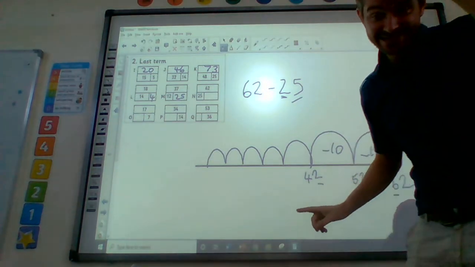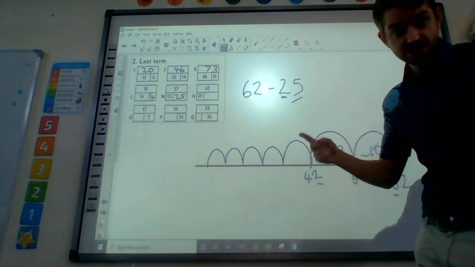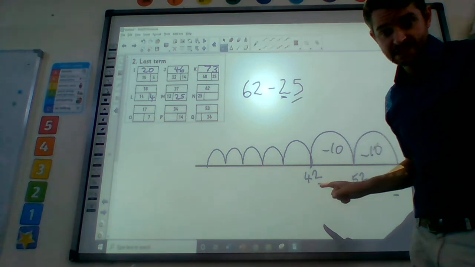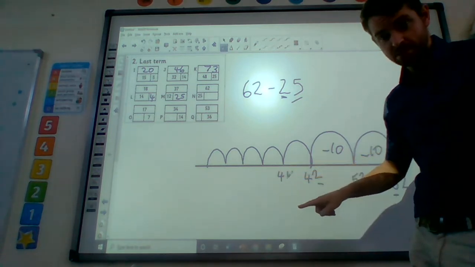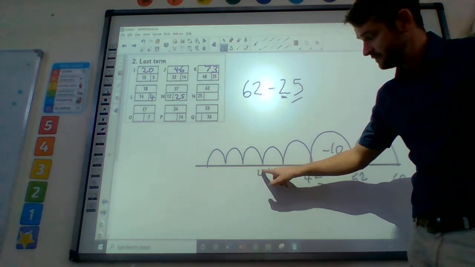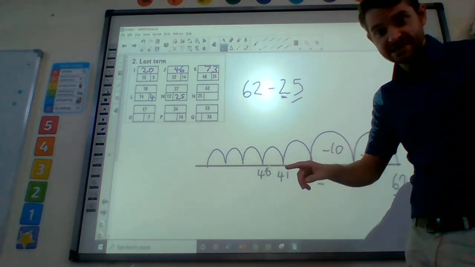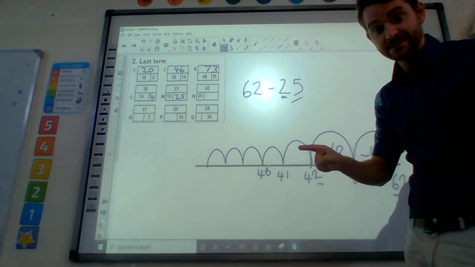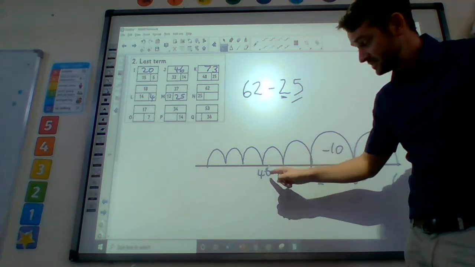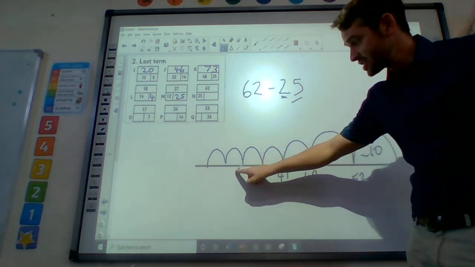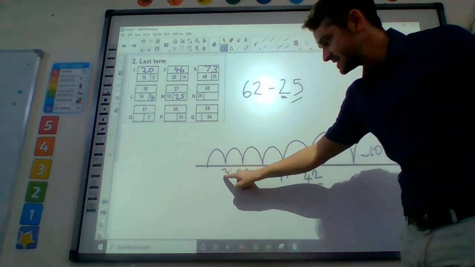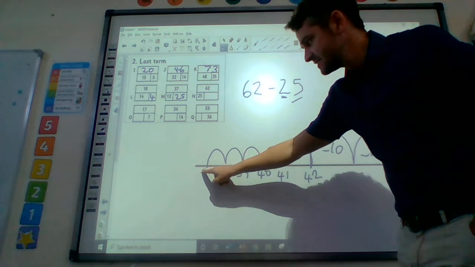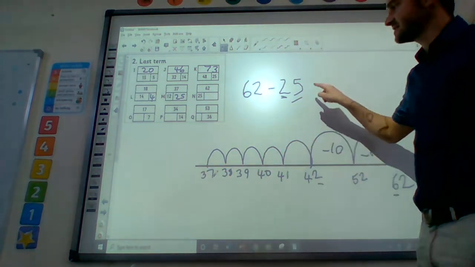Okay, here's our second tricky part. So 2 tens was the first tricky bit. Here's the second tricky bit. 42, changing the ones. 41, 40, it's not 49. The number that comes before 40 is 39. Then it's easy. 38, 37. Our answer is